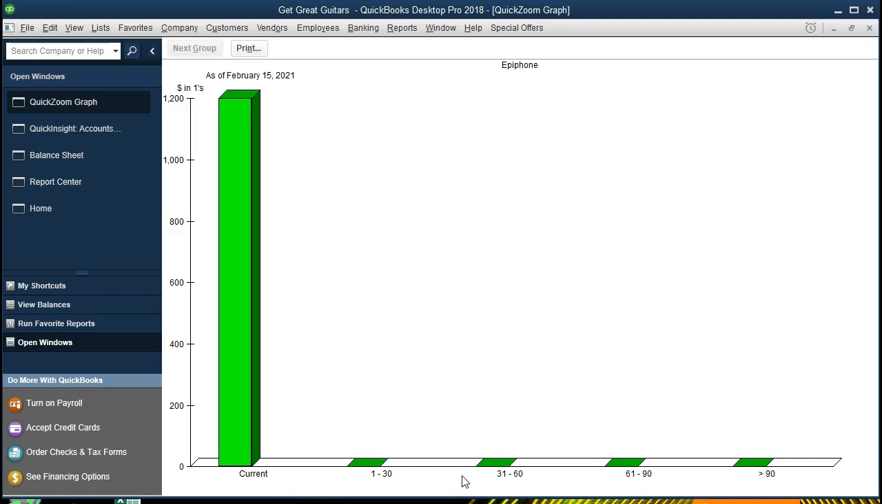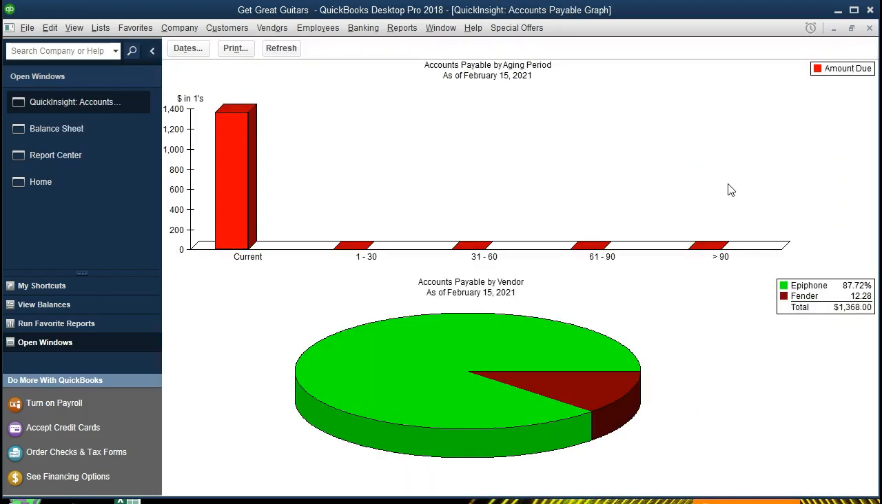So how much we owe Epiphone in terms of an aging report. Everything's current as of the 15th, so we're good. Everything is great. But that's a nice little feature there. We're going to close this out, give us some quick graphical information that we can take, we can put into